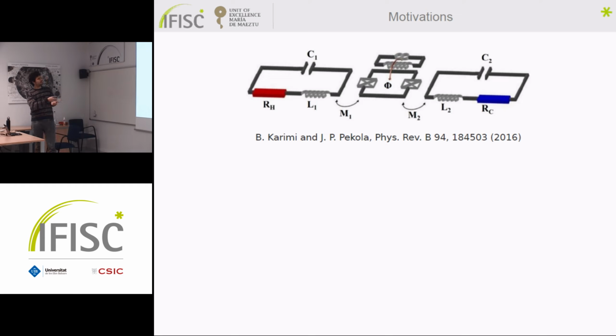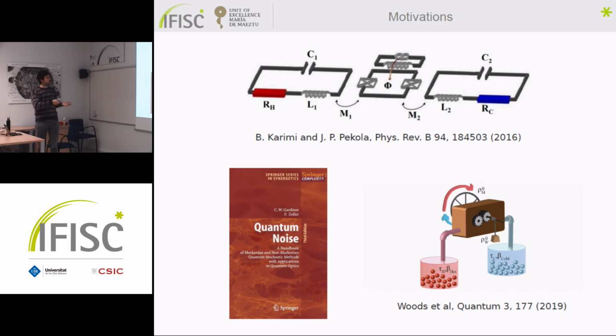What is an open system? Well, a superconducting qubit is always interacting with something bigger, the other qubit for instance. Why? Because, for instance, there are thermal particles that are not avoided, and they hit against the qubit, so there is some heat. Or there is the electromagnetic field that is fluctuating on the qubit, so it's creating some noise, the so-called quantum noise. It's something bigger, coming from outside, interacting on the qubit.